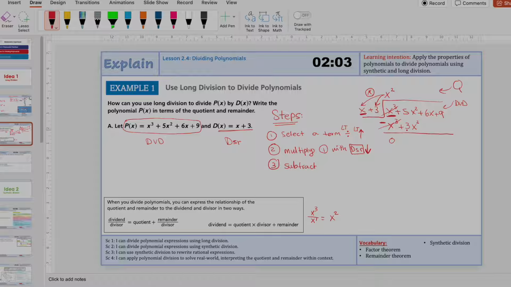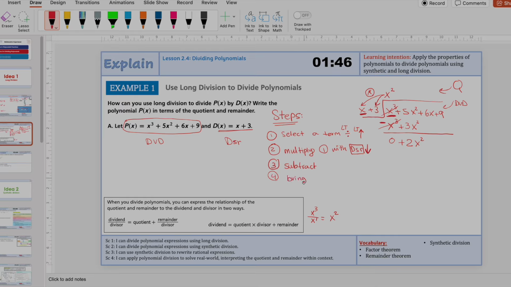5x squared minus 3x squared. Same power, just write down the power. 5 minus 3 is 2. It's going to take the sign of the 5, just positive. Then the last step is